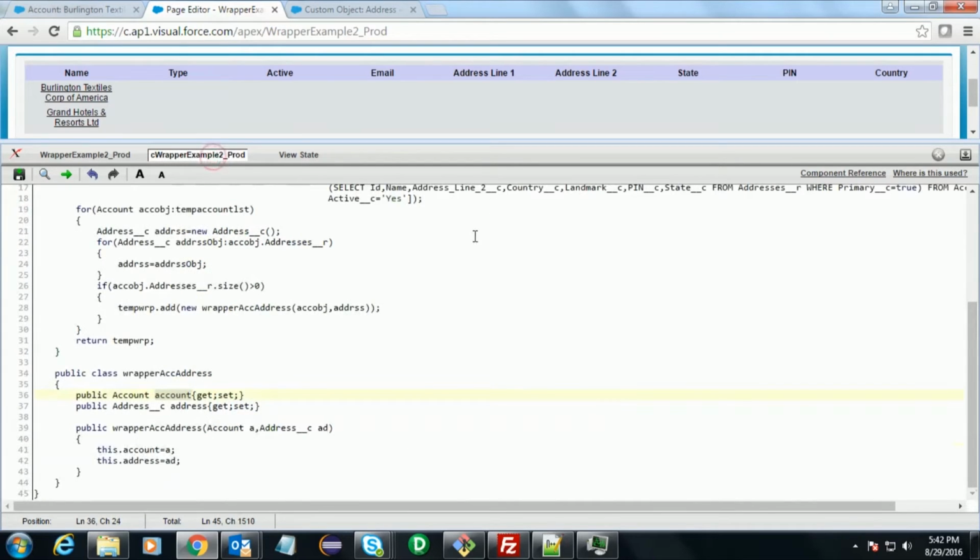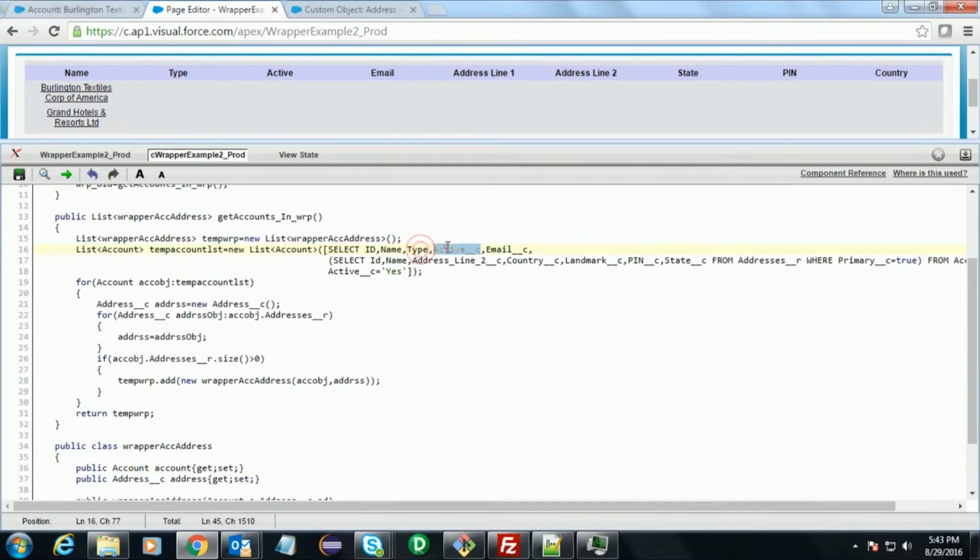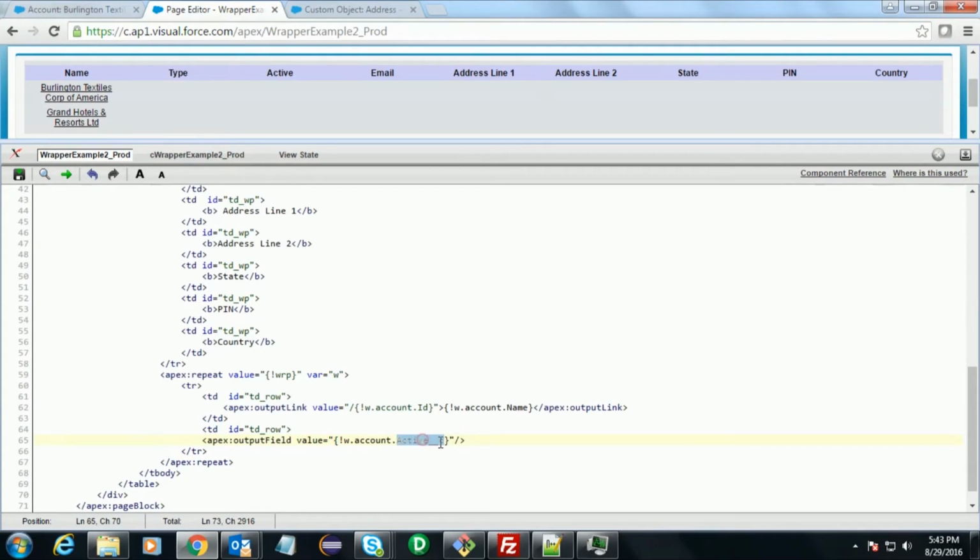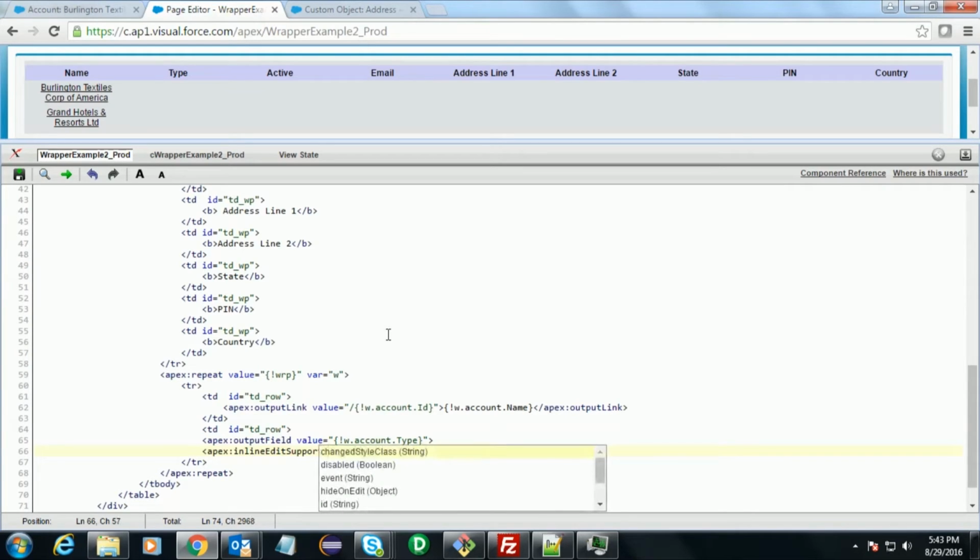So this is the active field, and so we use the type second, and we have to use the apex inline edit support tag to use the inline editing in the visualforce page, along with output field. We cannot use any other tags other than output field to support inline editing,